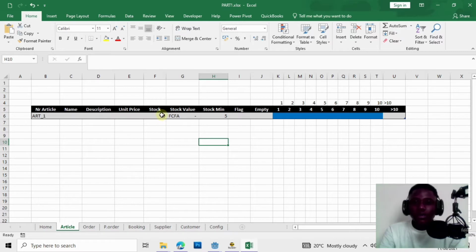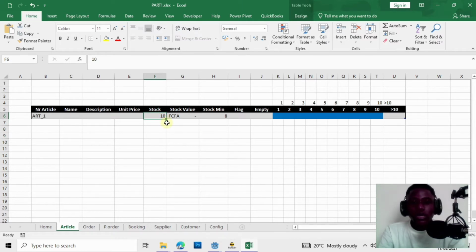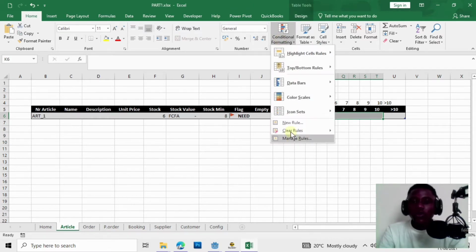Now the second rule should be that if this one is at the level of, let's just say 8, and then here is at 6, let the stock indicators show that the stock is less than the stock minimum. That means you indicate the stock in red instead of not putting anything. So we're going to choose again and go again on a new row